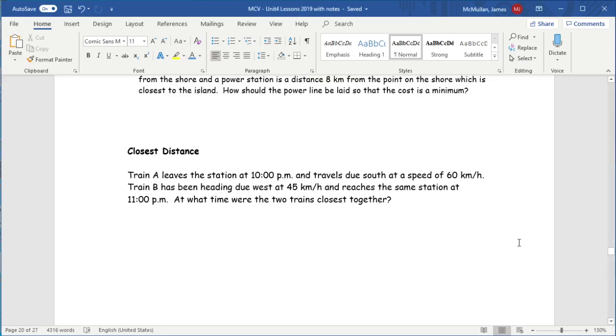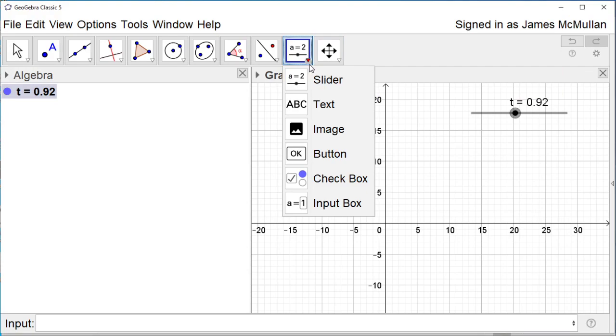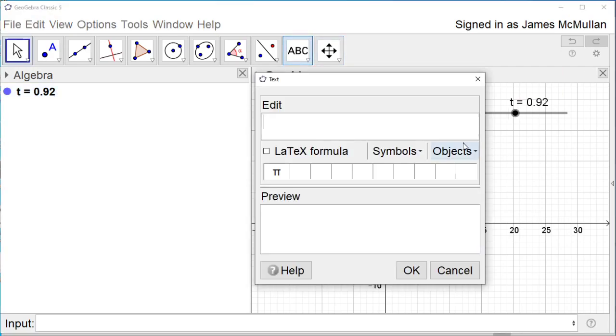All right. Now it says that train A leaves the station at 10 p.m. and travels due south at a speed of 60. So let's make a quick text here. So the current time is going to be